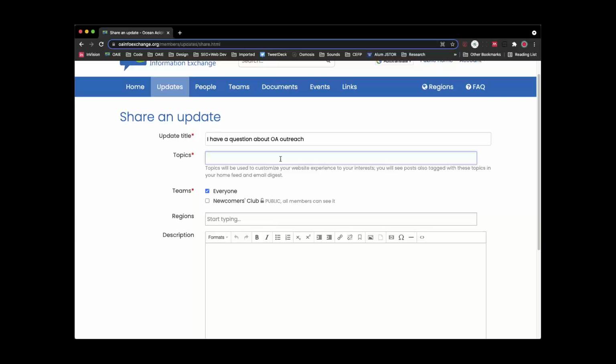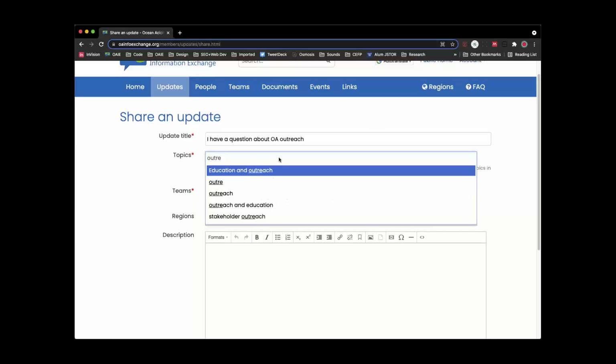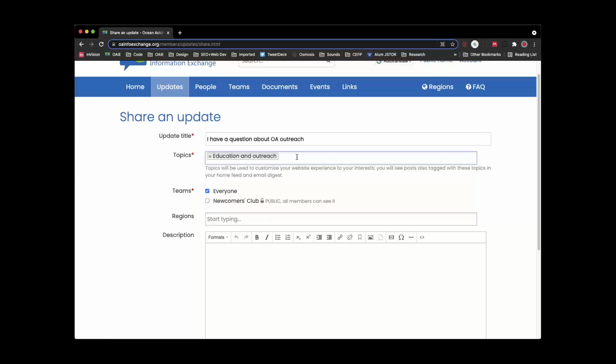So topics are kind of like hashtags or keywords. They are the engine that later makes it easy to search for things, and you can use something predictive, like let's start typing outreach. So you'll see that these different options pop up.